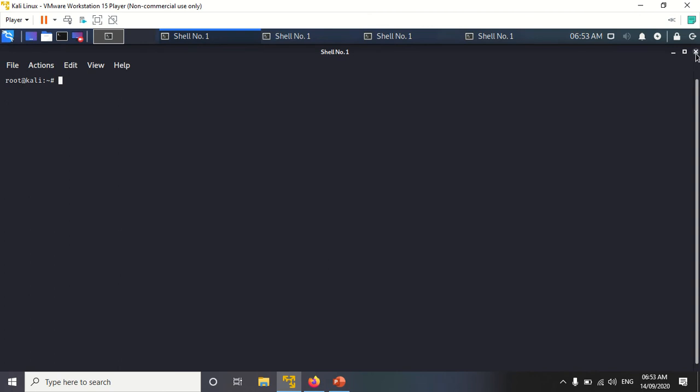Okay, there are 4 terminals open. We do not require these 4 terminals. That's why I'm going to delete all these terminals and open only one terminal, and I'm going to maximize this screen. Then I'm already acting as a root user.